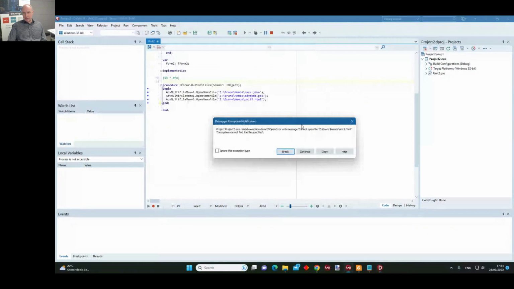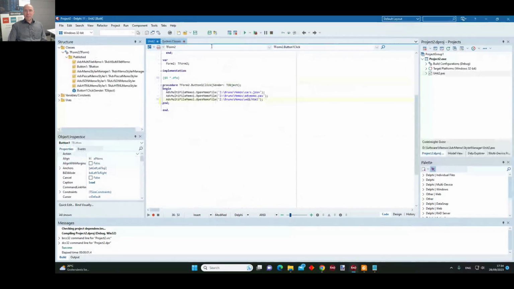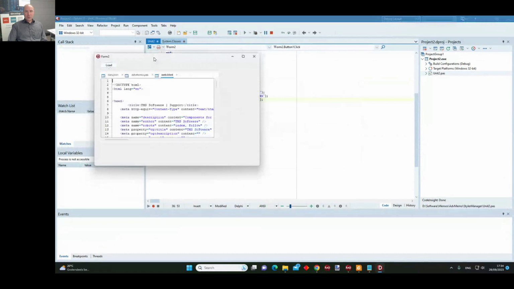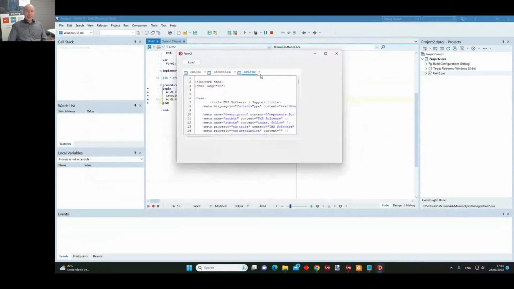And that was not the intention, okay? That was a late change in my naming of files. And okay, I gave it a more simple name, web.html, and now it should work out of the box. So you can see that it automatically opened these files in a paged control.